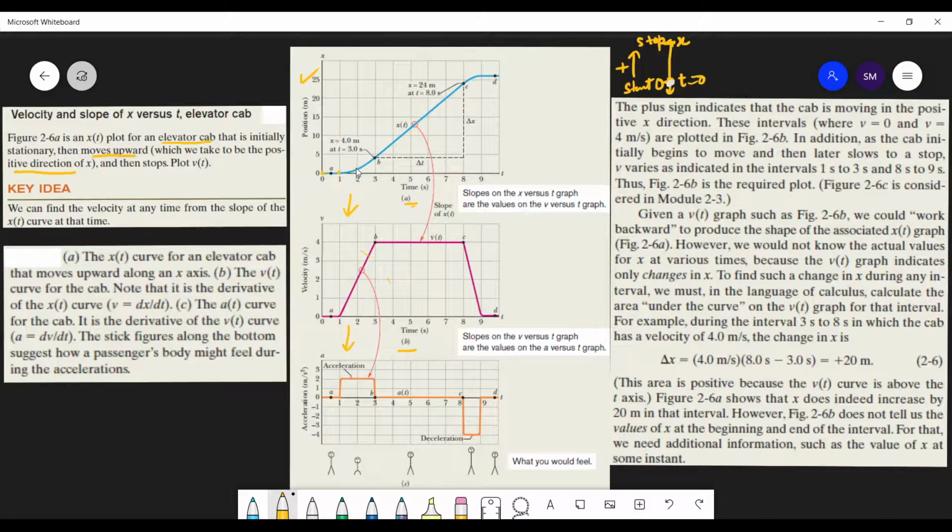Then velocity started rising because the slope is getting more and more. See how much the slope is here, this theta. How much is the slope here, this theta. So this theta is greater than this one. And now the theta is the same, so velocity is the same. Now look here, the slope is getting lesser. This is your x-axis, so that's your theta. At this point the slope is 0. Slope 0 means velocity is 0, position is not changed. Have you understood this or not, students?